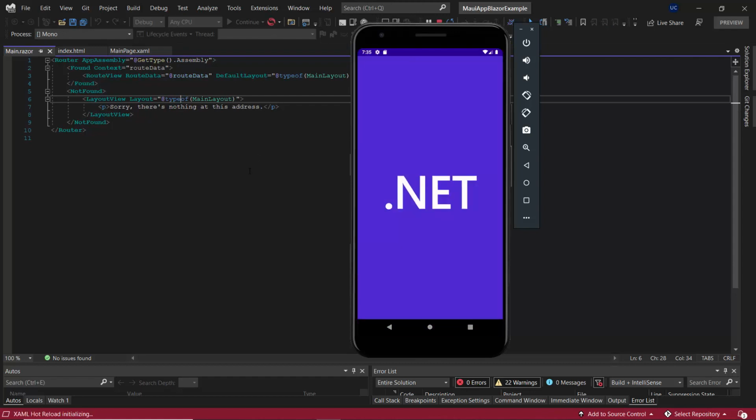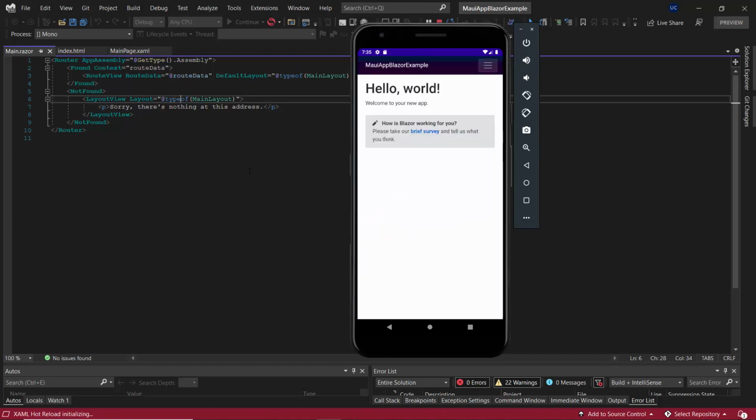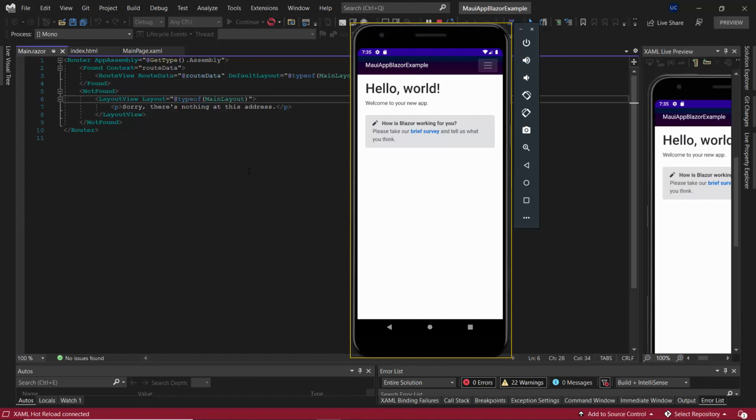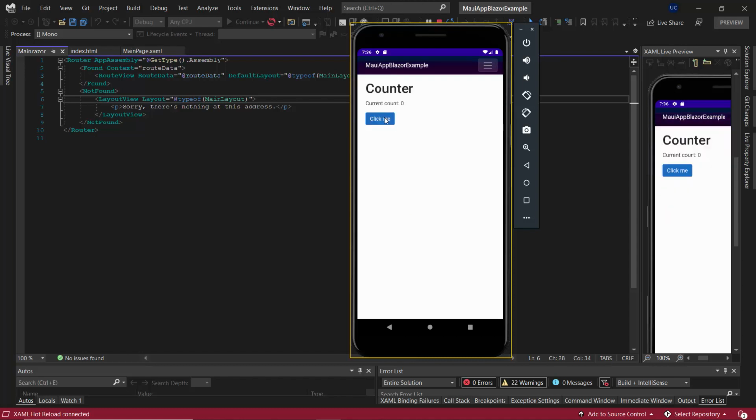Now the application is getting deployed to the emulator, and the output is finally displayed on the emulator. It's exactly the Blazor application that is running on the .NET MAUI environment. You can see the same components: home, counter, and fetch data. Everything is the same as what we saw in the usual Blazor applications.